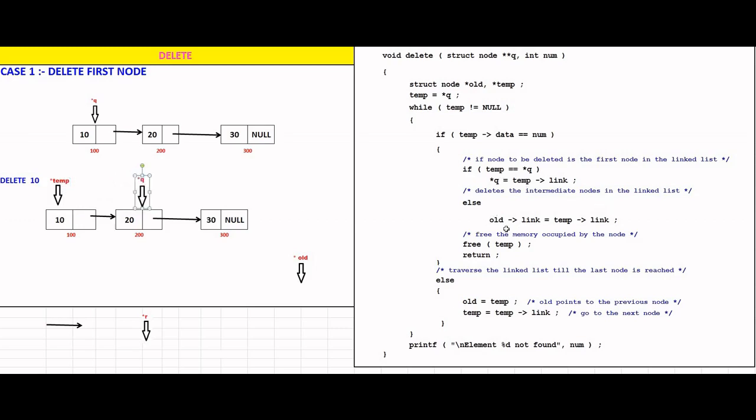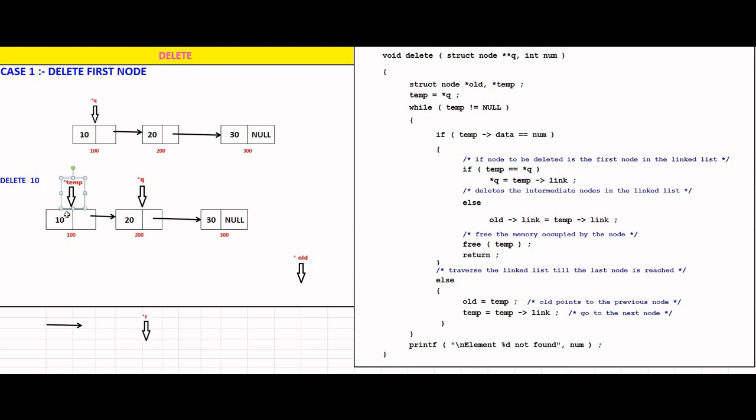Next, this else will not get executed. After that, we come here. Free temp. Free temp means what? Whatever memory the malloc function is used to allocate, the free function is used to deallocate that allocated memory. So we are going to deallocate this memory, that is 100. So we are going to delete the data at memory address 100.